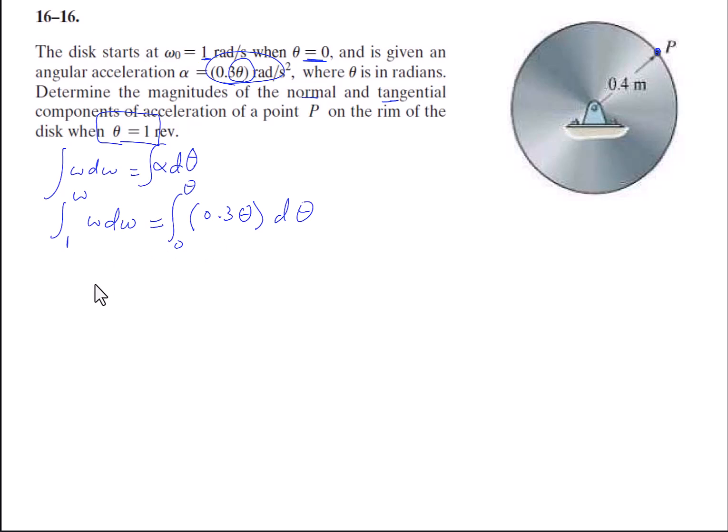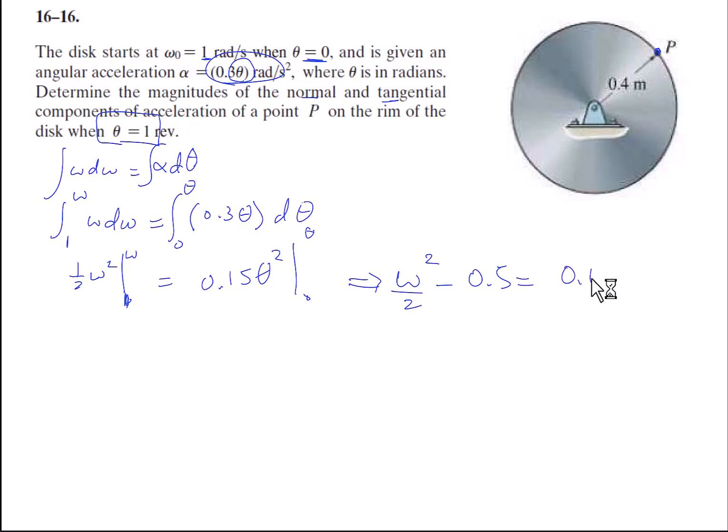You do the integration and this is 1/2 omega squared, evaluated from 1 to our omega, and this is 0.15, because you divide by 2, theta squared, evaluated from 0 to our theta. This will give you omega squared over 2 minus 0.5 is equal to 0.15 theta squared,